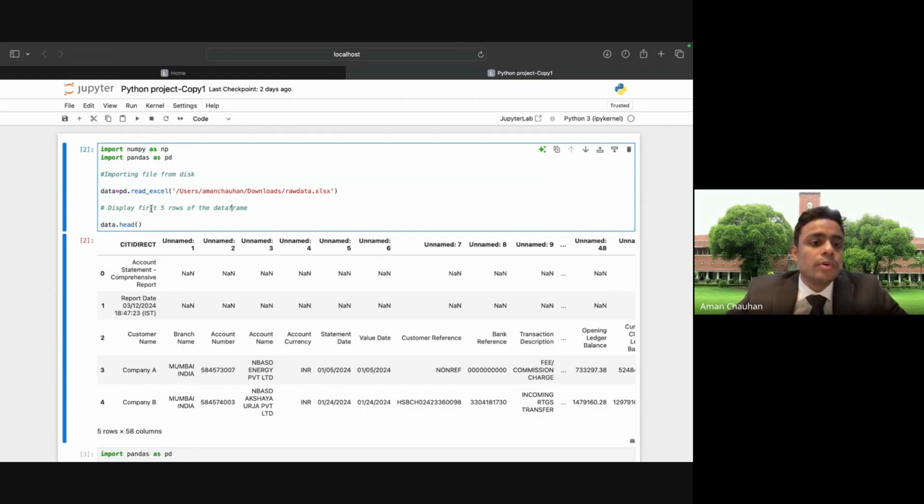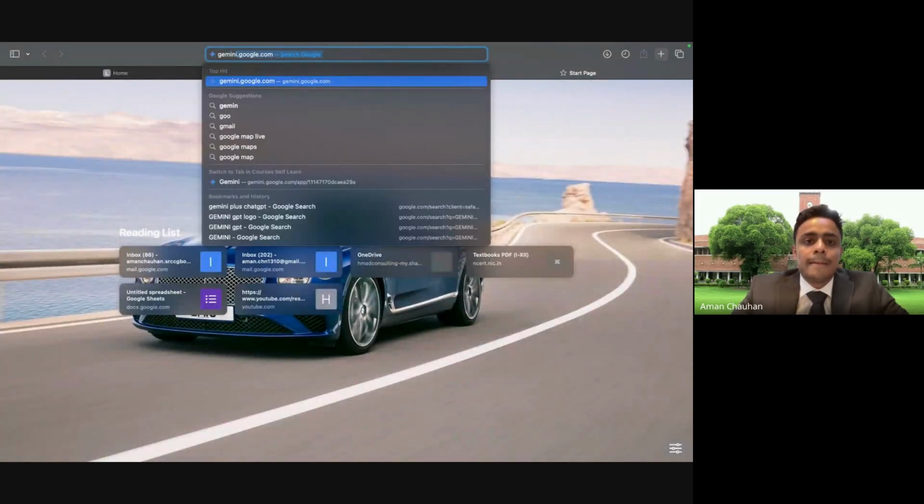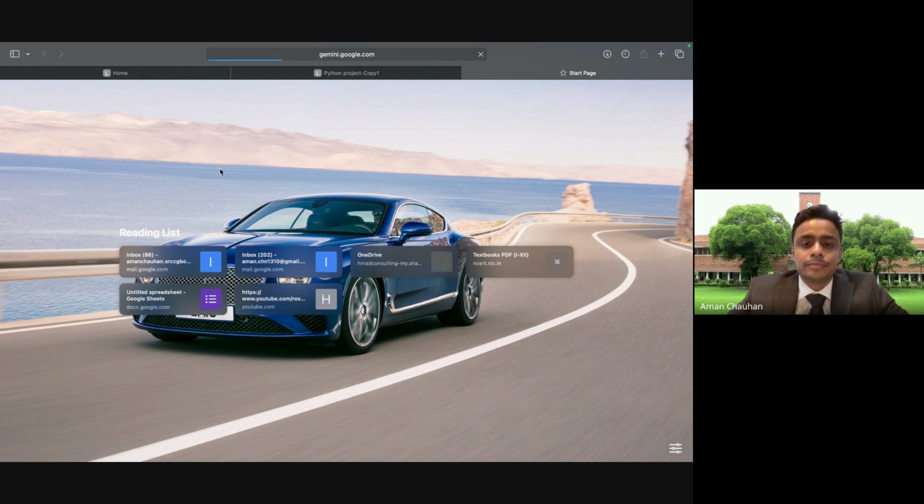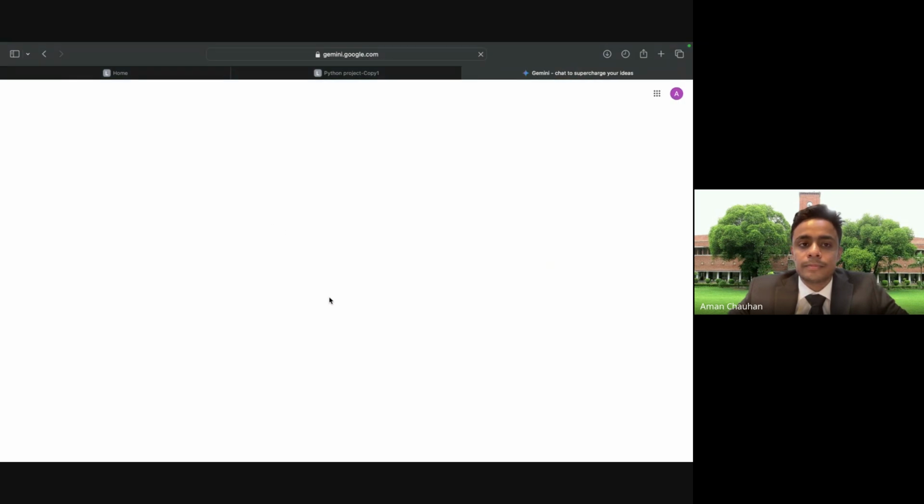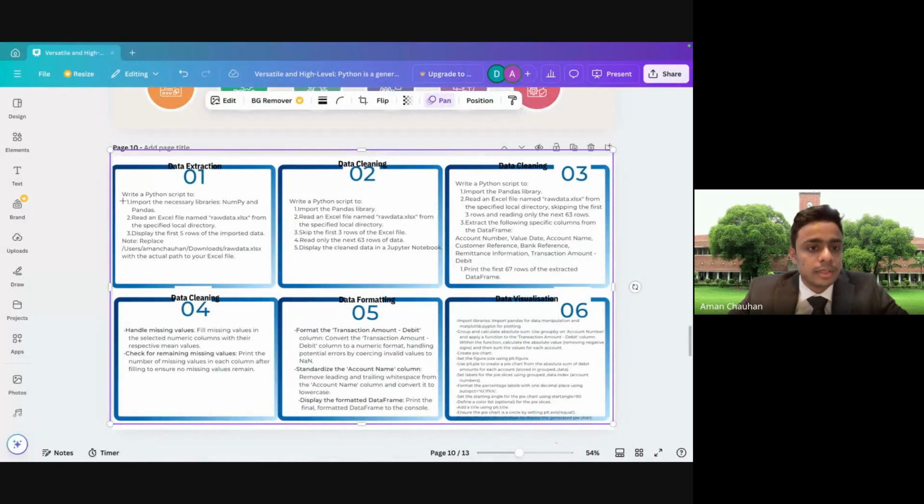Now, if you don't even know the basics of how to input your data into the Python environment, I'll show you with the example of Gemini. Let me open it. Here I have given a sample prompt, and we have used the CARE framework: context, action, result, and example. I will be telling the GPT to write a Python script, import the necessary libraries, NumPy and pandas, and read my Excel file named